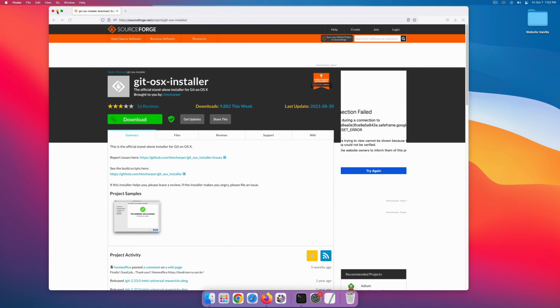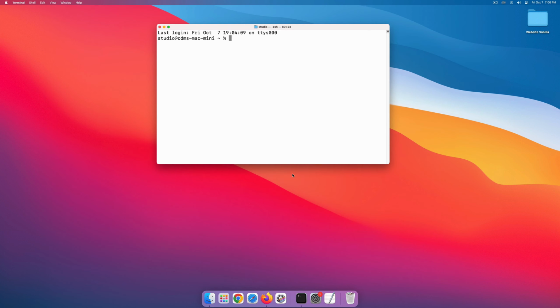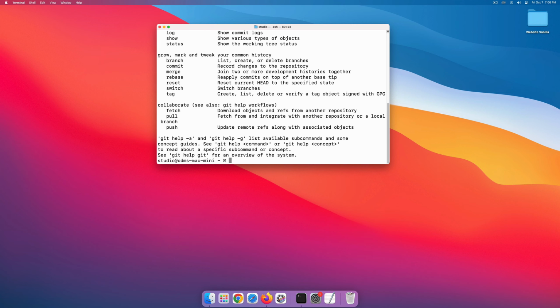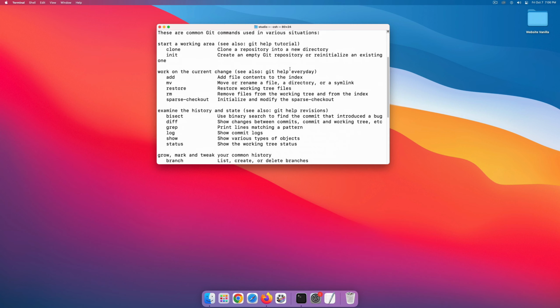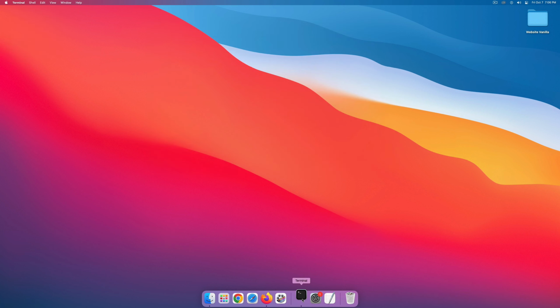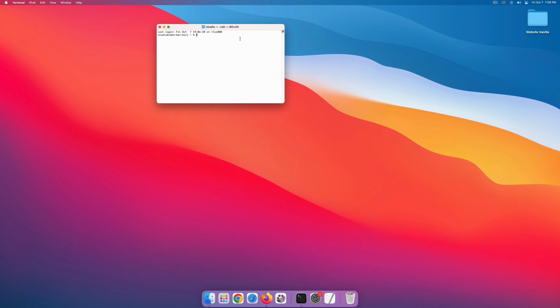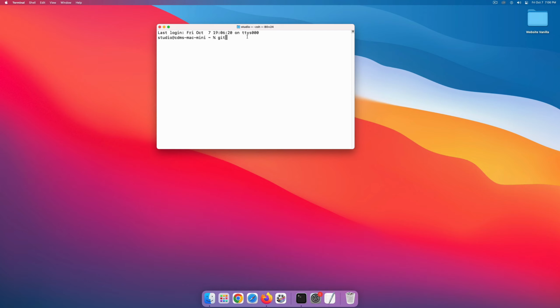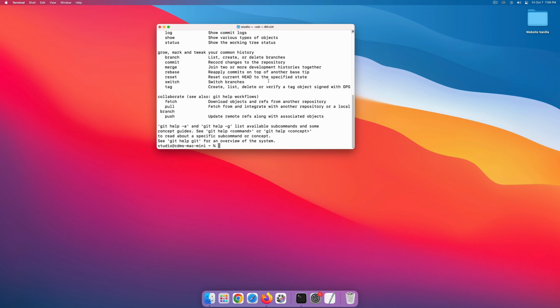Now, when I go back to my terminal, if I just type the command again, git, it should show me that Git is installed. You see all those commands. But before that, you might need to quit your terminal and open it again, just to refresh, and type git. You should see now that it has been installed, and you see all those git commands.